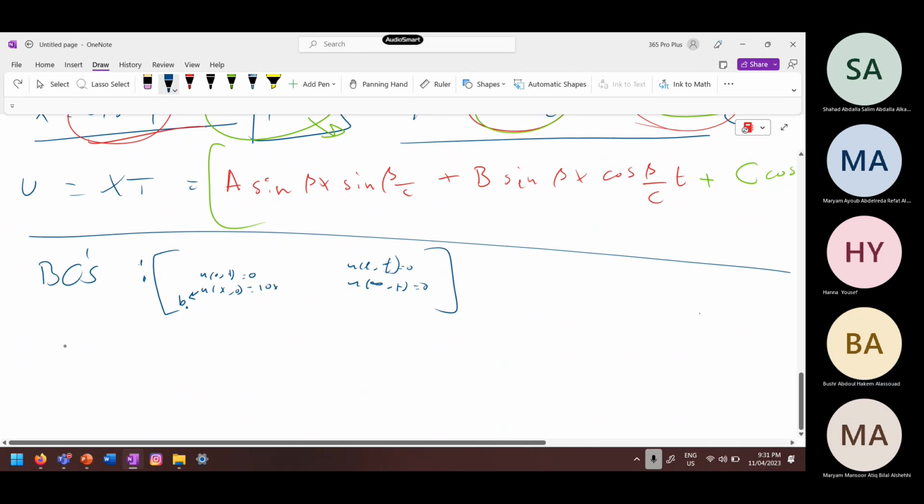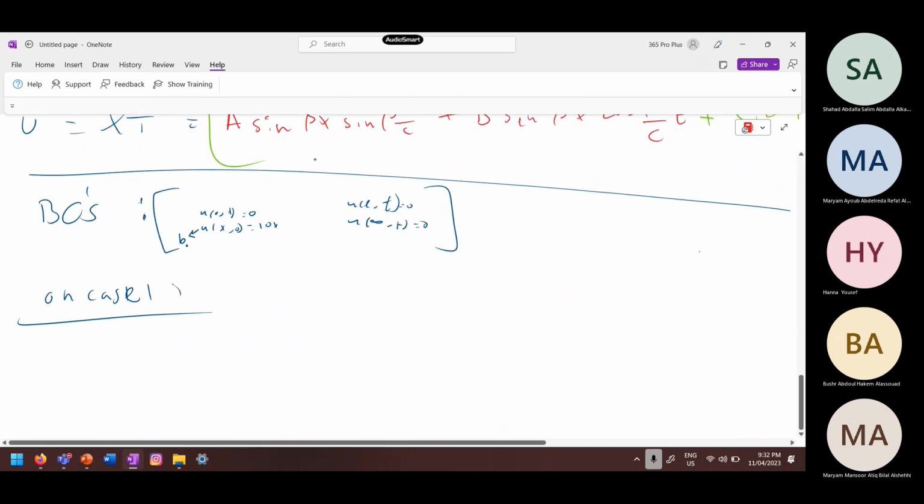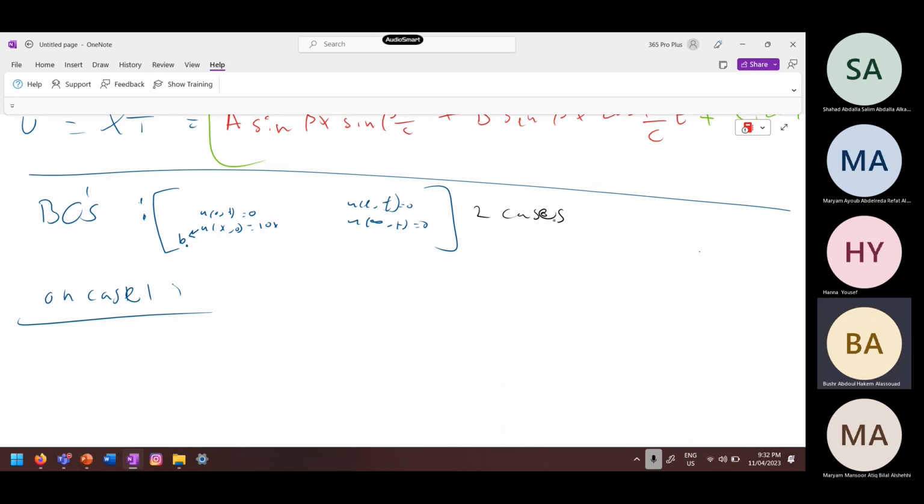So, okay. Now applying the BCs on case 1. See, the trick is to know what cases you want to use. Maybe you're given another 2 cases, okay? You can go and use them. Are you sure that you will know how to use them? You will always have the same 4 main cases. You might get different ones in other equations, but you'll still get these 4